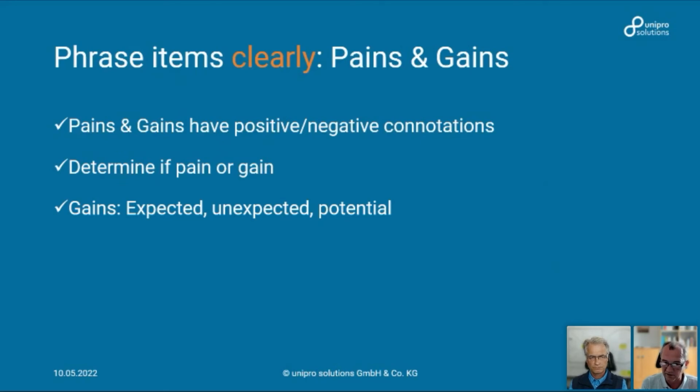And then you know, oh, that's interesting. Maybe that is something for the next version of the product, like potential gains. In the pains area, there are also some expected pains. When they consider a product, they know, okay, this has some disadvantages, but also could have some unexpected pains. So you have to think about how to mitigate that. Maybe for the next version of the product, you can mitigate the pain by just being aware, hey, that's a